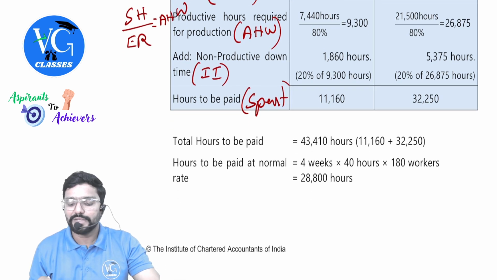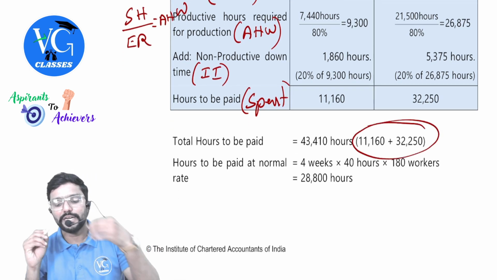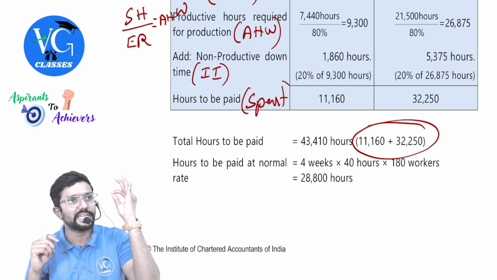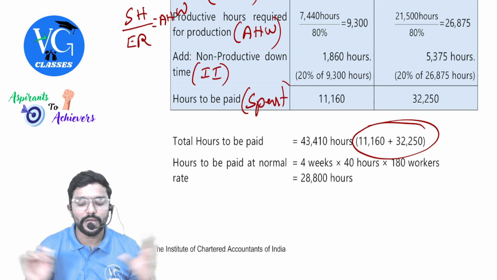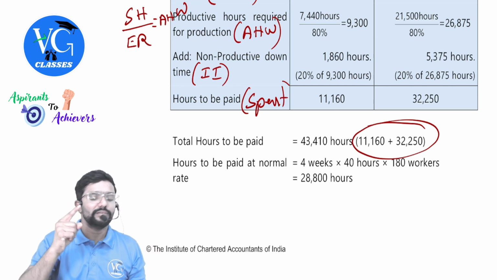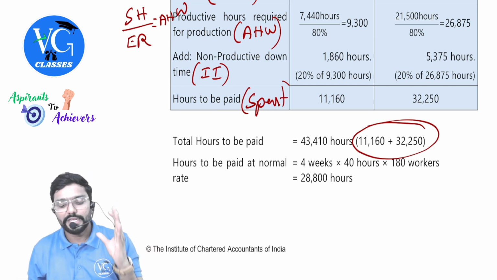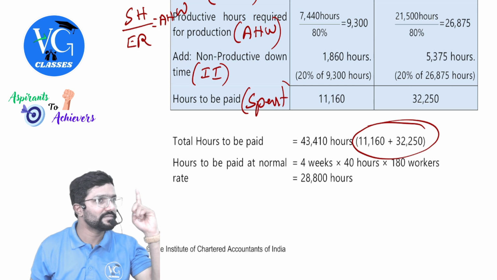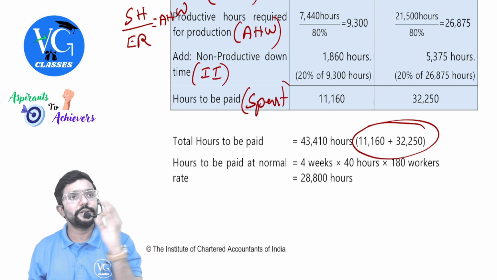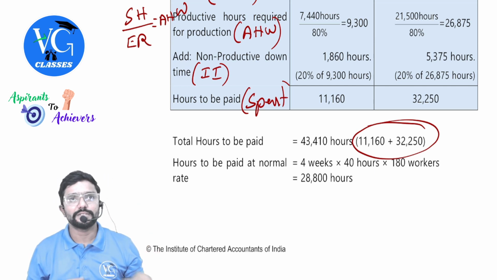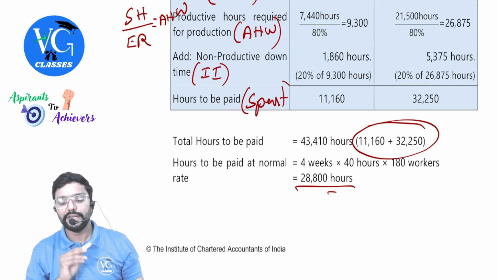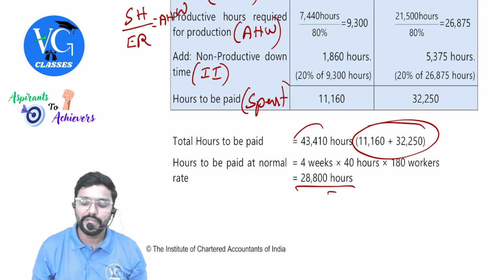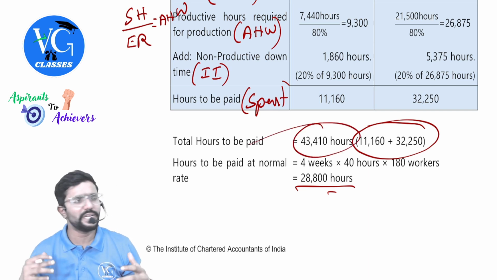So total is how much, guys? 11,160 plus 32,250. Interesting calculation again. Hours to be paid at normal time. What is the total hours available? Guys, 4 weeks are there. In each week, what is the working time? 40 hours, given in the question. How many workers are there? 180 workers. So what is the normal working time? 28,800 hours. But we have made the people work for how many hours totally? Spent,